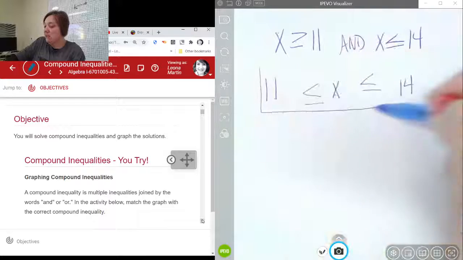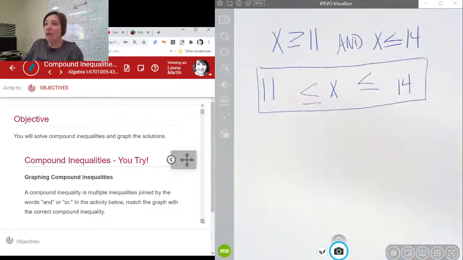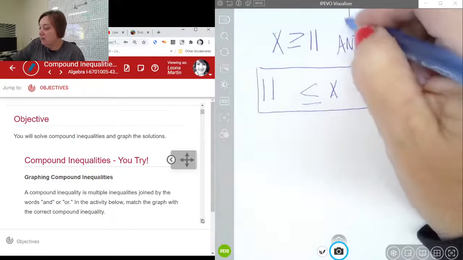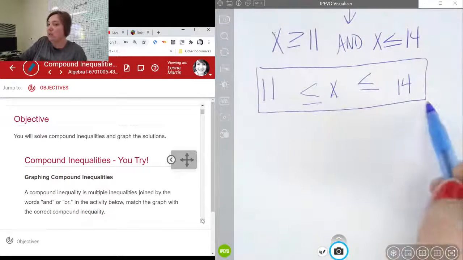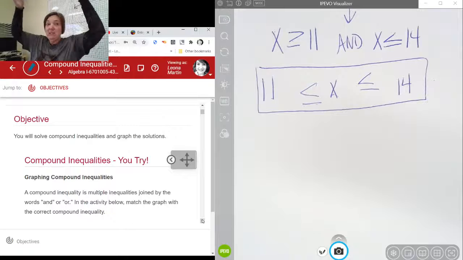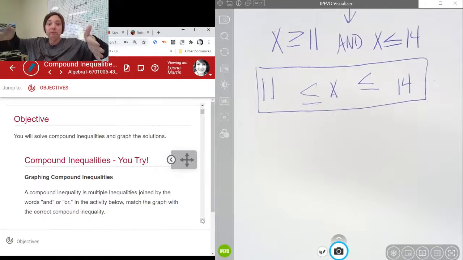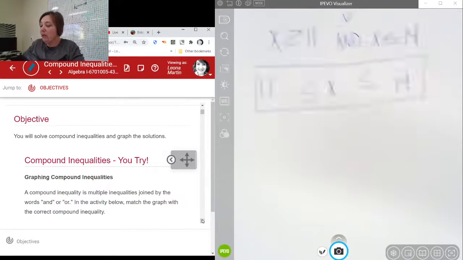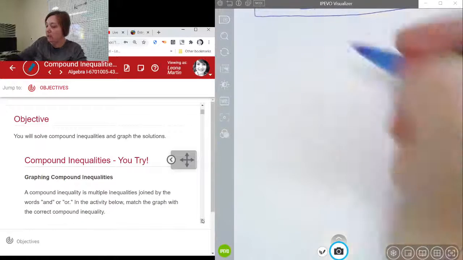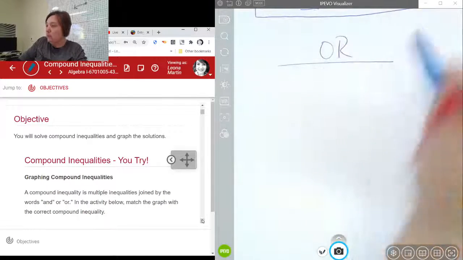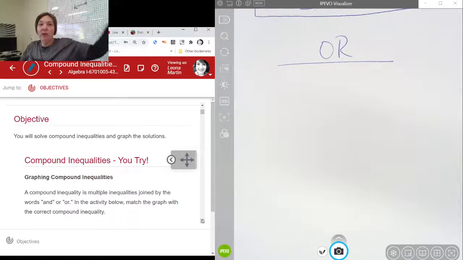Okay, so this is another way to write that compound inequality. And if they're ands, you'll almost always see them written like this. And that means it's a range of numbers, right? Okay, now we have another compound inequality, and that's the ors. And the ors are when it can be one end or the other end, but it's not going to be anything in the middle. So that's things like where you get a discount if you're under 5 years old or